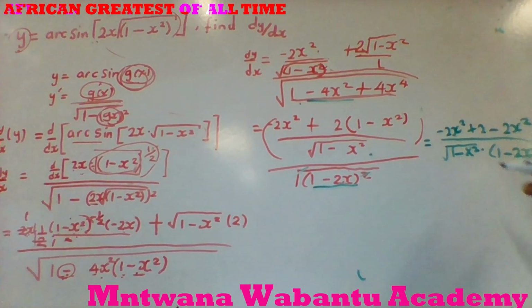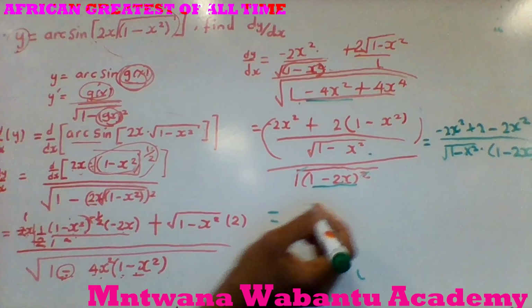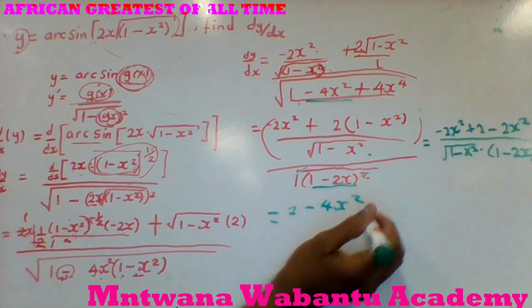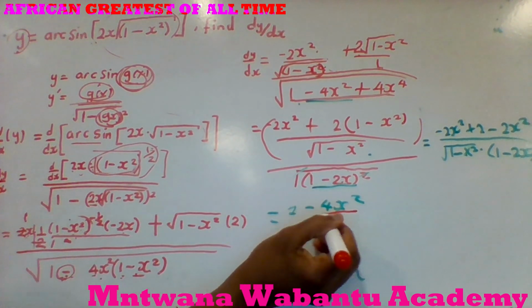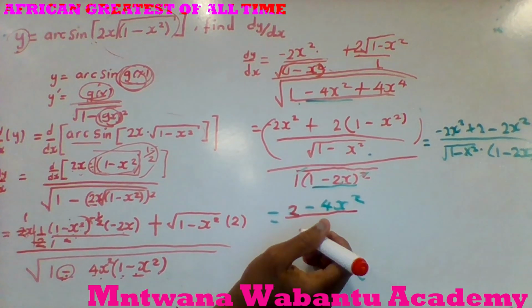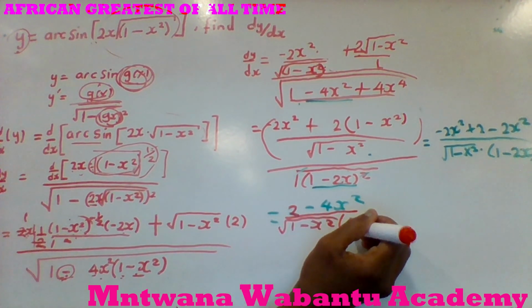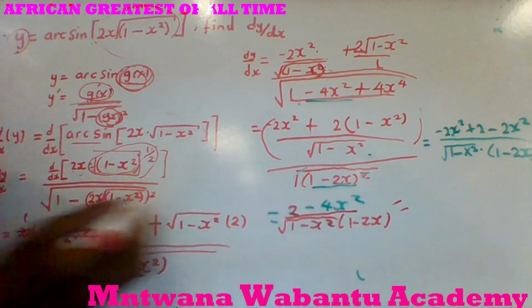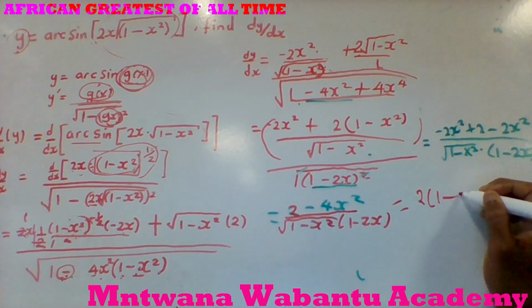So the next step, we can pull that together. So now we're going to have 2, just a positive 2 there, and then minus 4x squared on the numerator. And then we divide by 1 minus x squared, and then this is going to be 1 minus 2x. So we can factor out 2 here. If you factor out 2, it's going to become 2 times 1 minus 2x